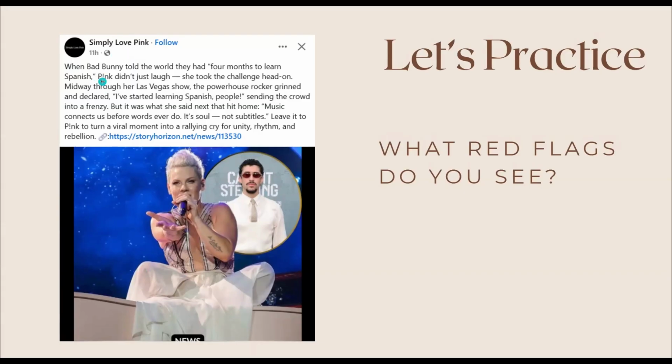If it is supposed to be for Pink, her name is spelled P exclamation point NK. And there's been no official anything that she is performing at the Super Bowl. It was this artist here, Bad Bunny, who was announced as performing at the Super Bowl.